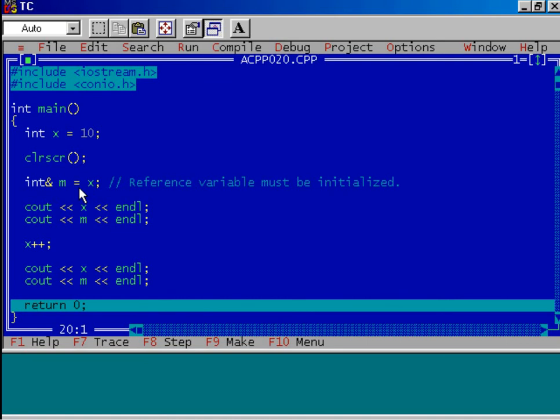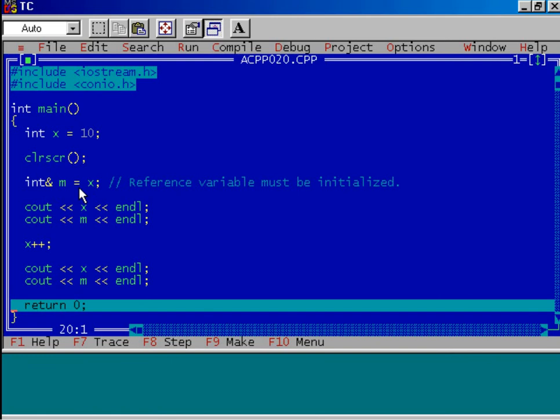We know that the pass by address method is very complicated. We'll have to use the ampersand operator to pass the address of the variable, and while receiving this parameter, we'll have to use pointer notation and then the dereferencing operator star, etc. But if you use references, then there is no need of any such ampersand operator or star operator. So the job becomes very simple if you use reference variables. Is it clear? The second use is you can return a reference variable from a function.